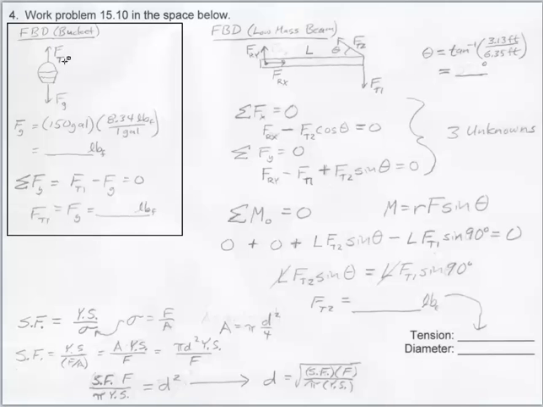Tension 1 up, so F_T1 up, F_g down. The volume is this, and there are 8.34 pounds per gallon. Get a number here. Sum of the forces in the y: tension up, gravity down, tension 1 is equal to this. I'll let you do the calculation there. Then if you do a free body diagram for the other